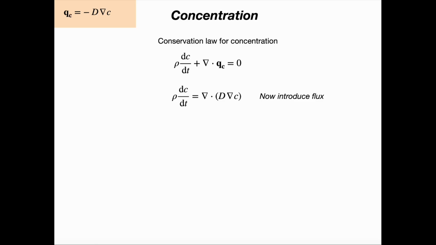So in fact, we are already done. We have an equation that relates the changes of C with time to the changes of C with space. One can make an optional step here to assume that D is constant. It restricts the predictive power of the model, but it can be used to make it very clear that this is the Laplacian of the concentration. So the divergence of the gradient produces now the Laplacian. So the equation is simplified at most, and it can be used to predict the changes of concentration in time